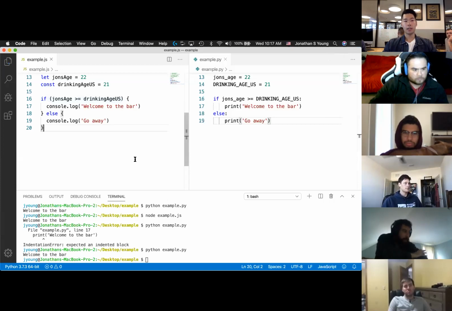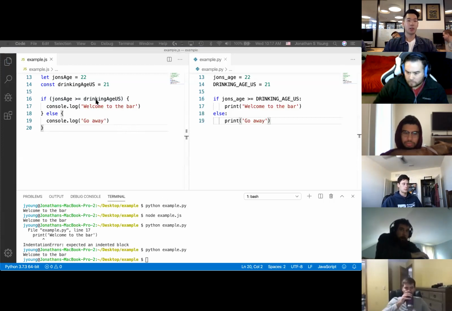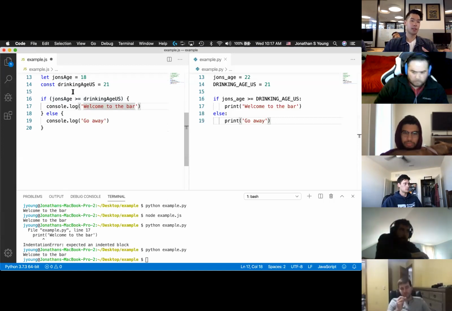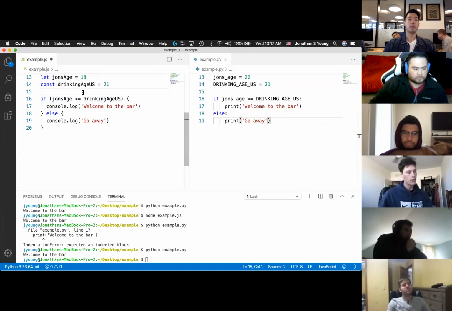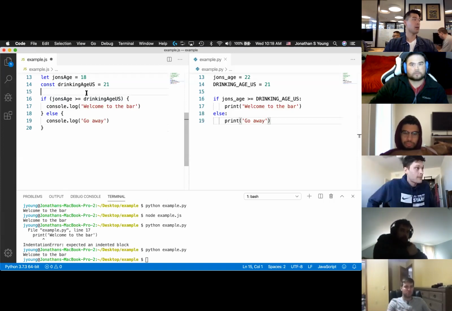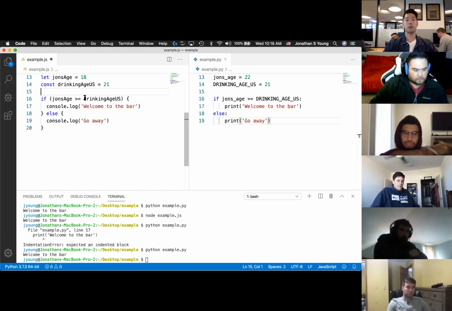Pretty simple. Let's say I want to use age. So I am currently 18, and I want to run this over and over again. Let's create a bouncer program for a bar. So a person comes up to you, gives you their age, and you basically say, you're not old enough if you are underneath 21, and then come back later. Otherwise, welcome to the bar, and then you're just going to keep aging that person until something happens.